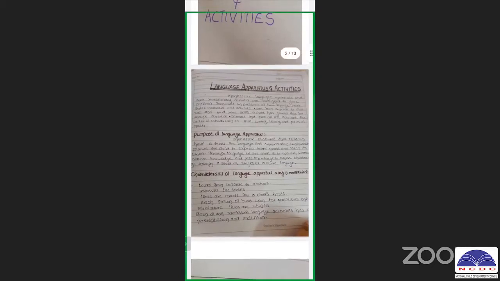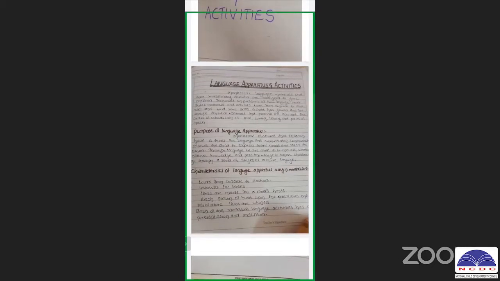There are different purposes and different characteristics. In the activities, we include their senses, like the number cards and alphabetic sandpaper letters. We introduce these by touch, so they come to know the world of language, or the world of letters. The material should be child-friendly and freely usable by the children. These are the different characteristics of language apparatus and activities.